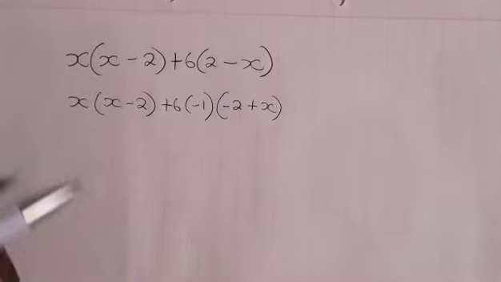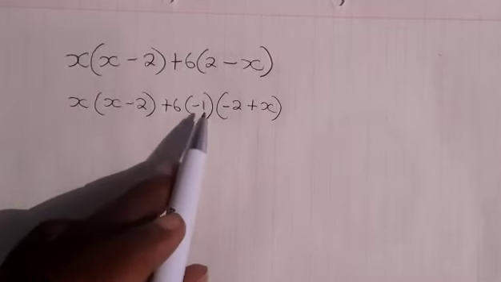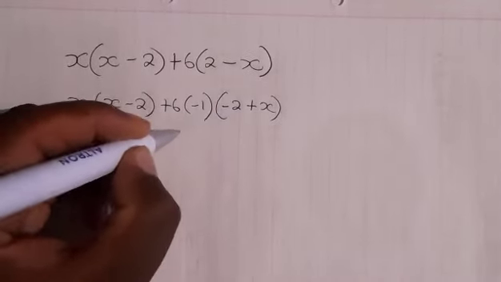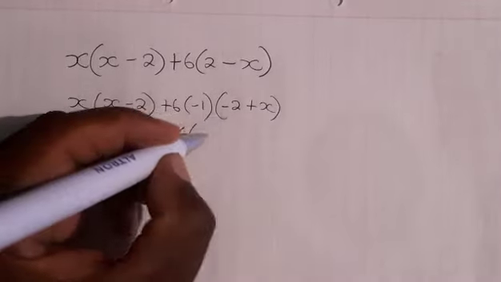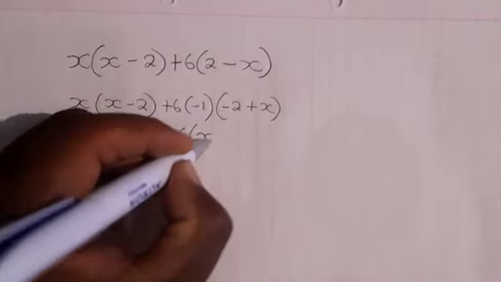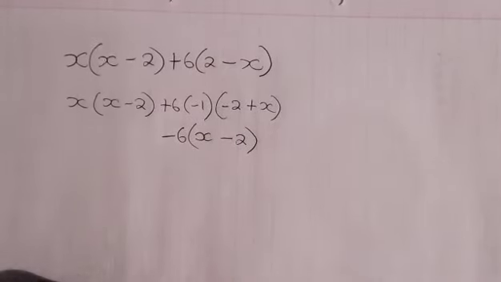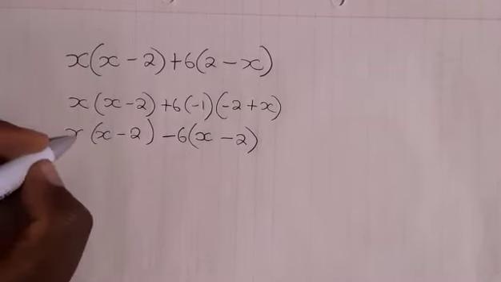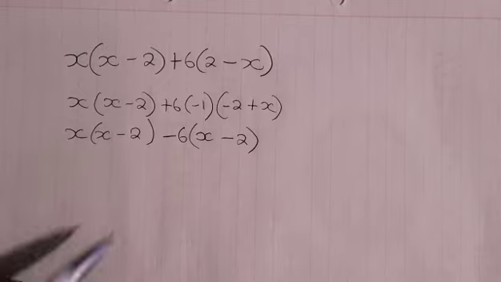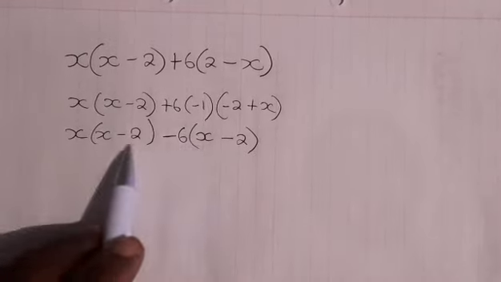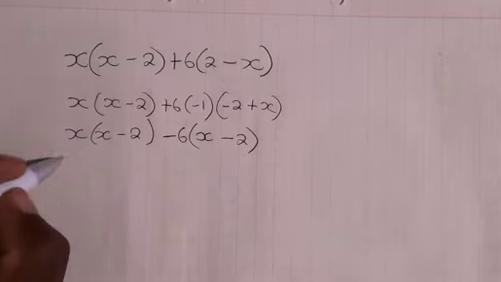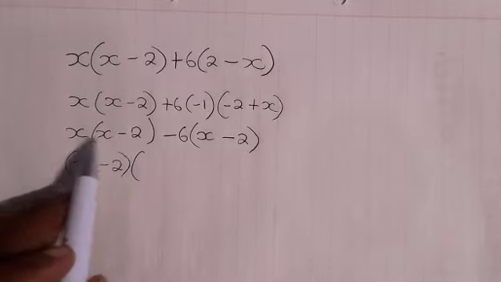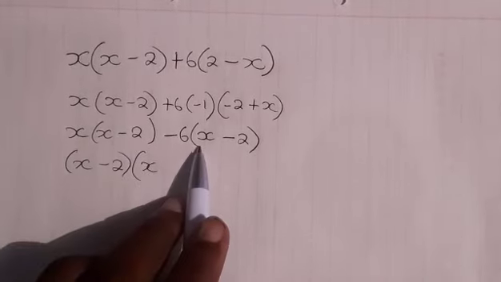So it will just go back to the original bracket, and then the -1 that we have taken out from the bracket, we give it to this 6 and it becomes -6. So this x is positive. You can write it as +x minus 2, and then we have here x minus 2 with your x, and then we have the same brackets now. So we can now factor out x minus 2, and then from here we are left with an x, from here we are left with a